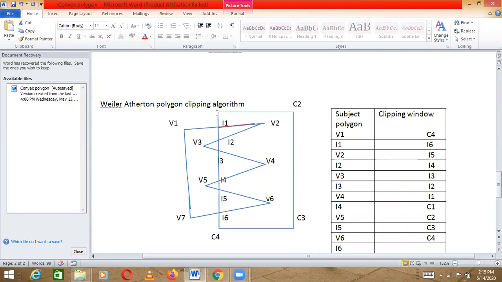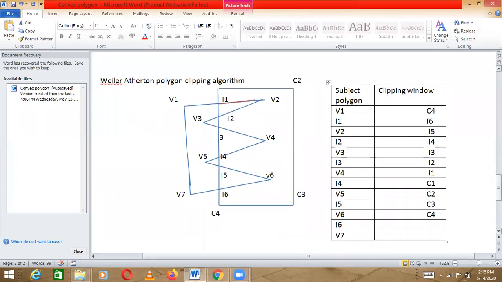Now what is the procedure for that? Firstly I made two columns here: subject polygon, and next, clipping window. In the subject polygon I write all the vertices of the polygon as well as the intersection points, right?